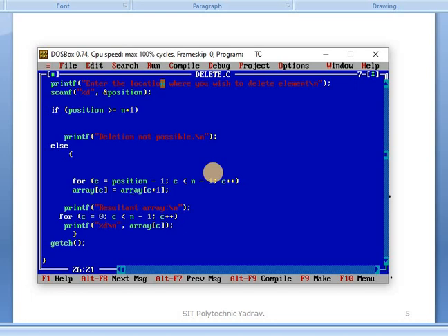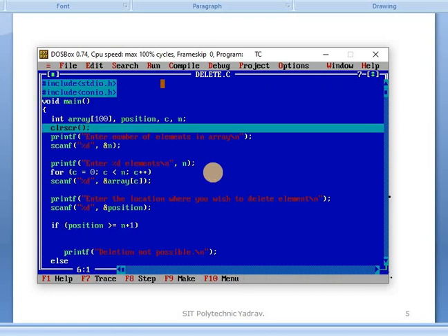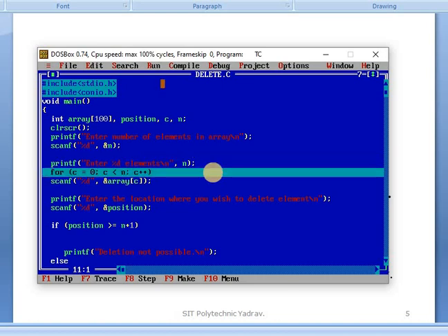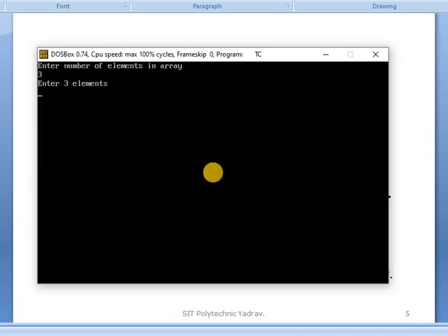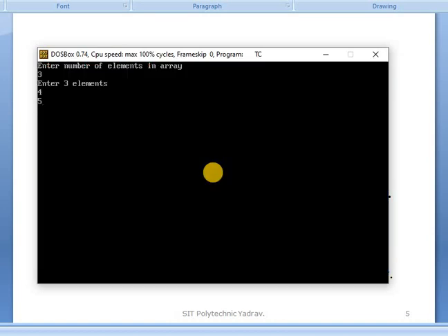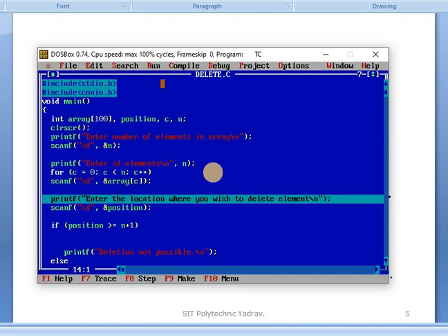How is it shown using the F8 key? I am telling you once again, using the F8 key we see the one-by-one execution of your program. How is it possible? See that, now see F8. Clear the window. Enter the number of elements in the array. For example, we give n as 3. After that F8, the scanf function. Enter 3 elements. For example, we give 4, after that 5, after that 6.